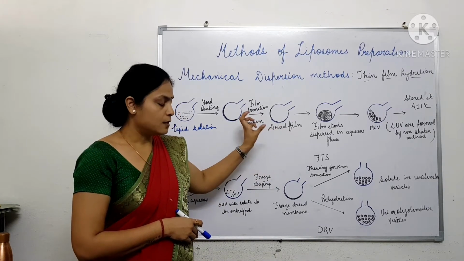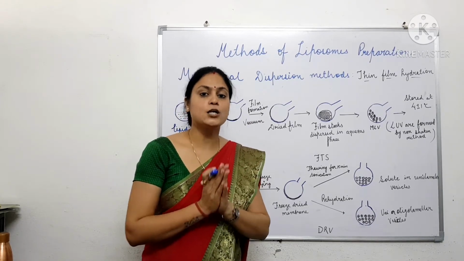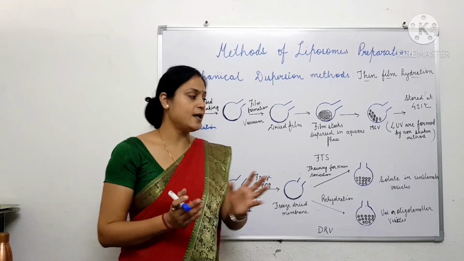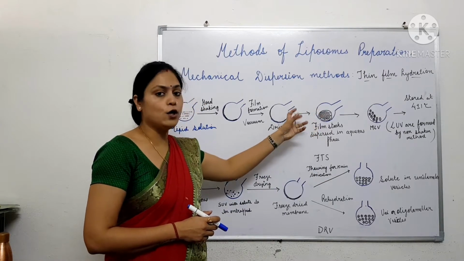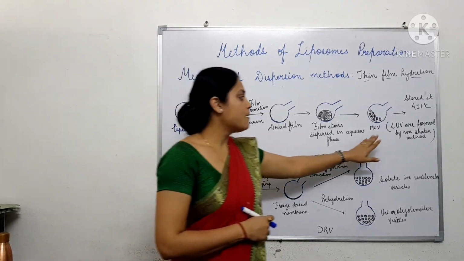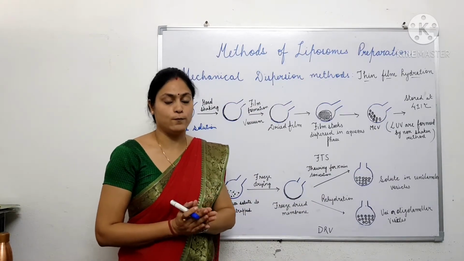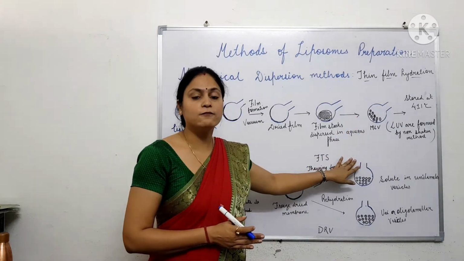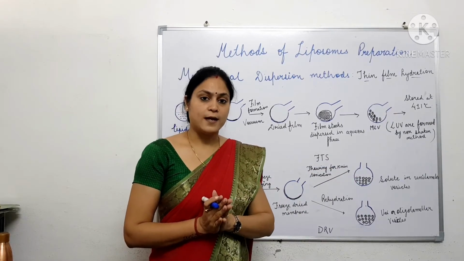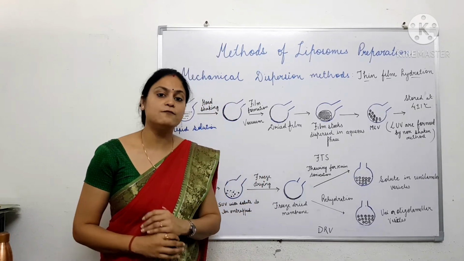Now, when the aqueous medium or buffer solution is added in the round bottom flask, these films simultaneously swell and start peeling off from the wall of the round bottom flask and vesiculate themselves to form multi-laminar vesicles. If the handshaking method is used for hydration of the thin film, then it results in the formation of multi-laminar vesicles. In fact, in the rotary vacuum evaporator also it results in the formation of multi-laminar vesicles.